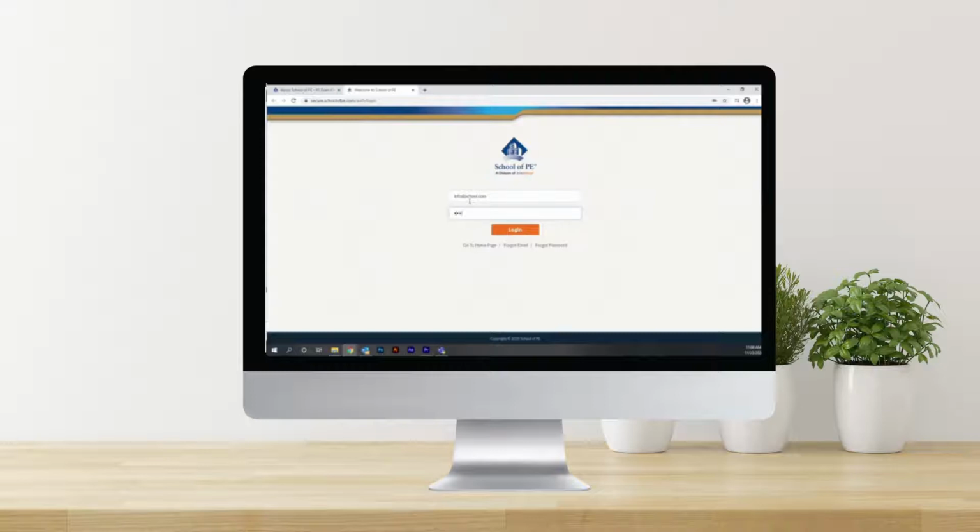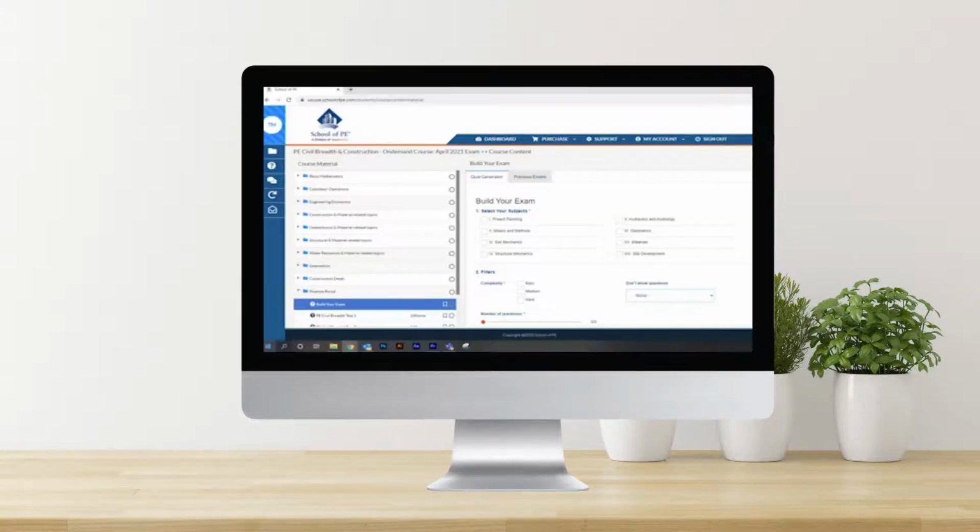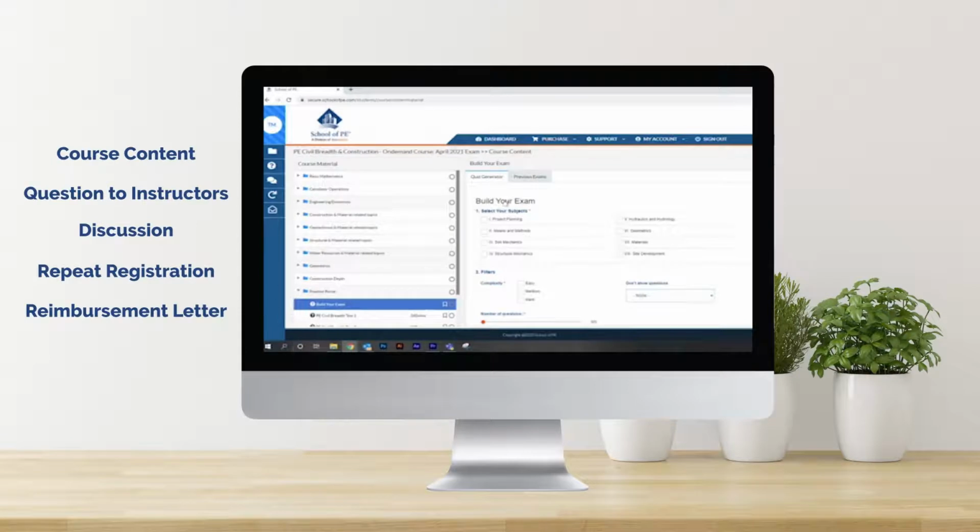Now that you are logged into your Study Hub account, let's go through each section and discuss how it works and what the features are, and how to maximize each section. The left side menu is broken up into